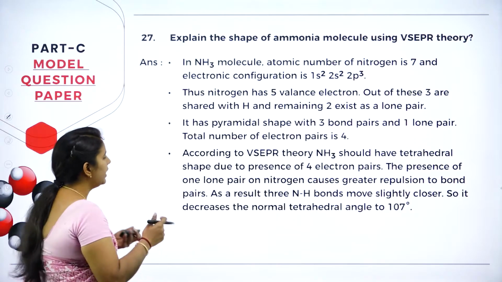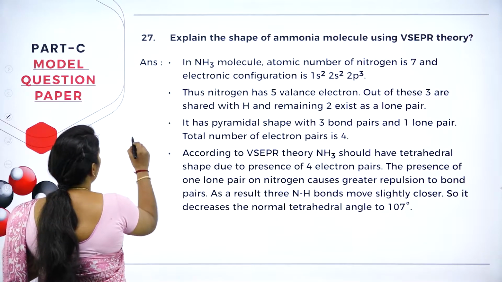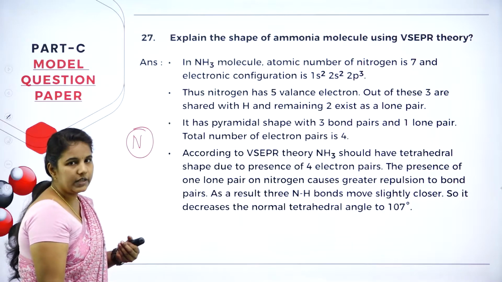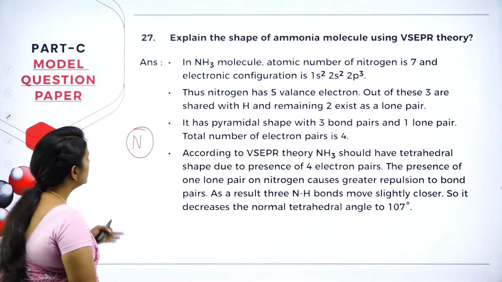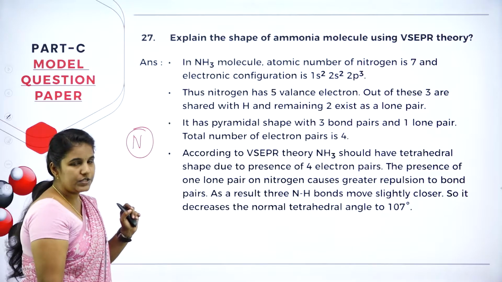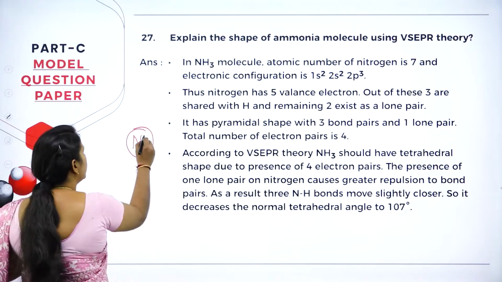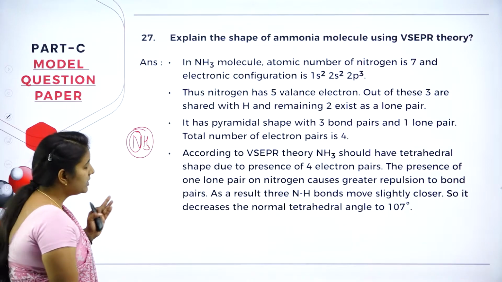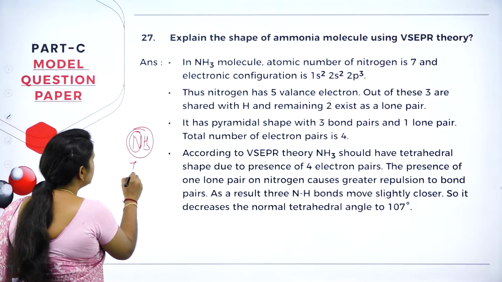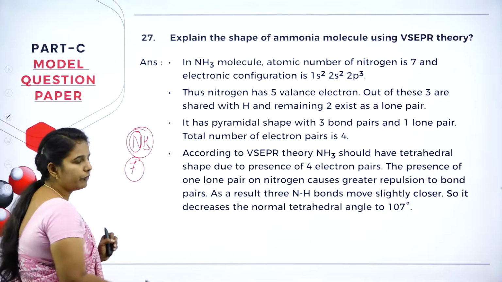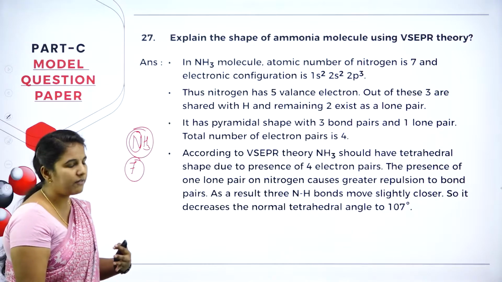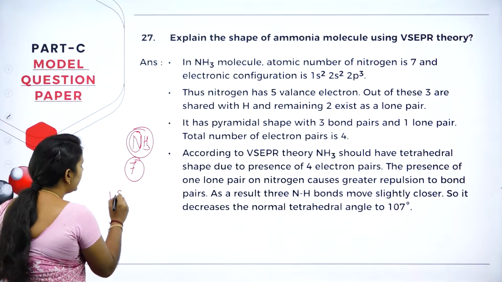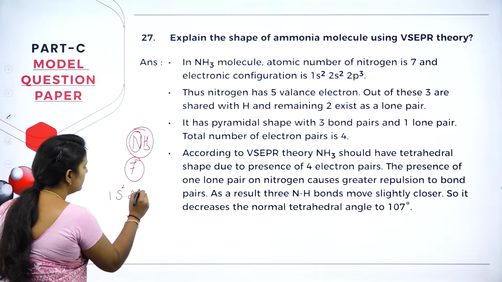So we all know that ammonia consists of nitrogen, right? So ammonia has a nitrogen with 3 hydrogens, as we know. Nitrogen is the central atom, which has the atomic number 7. So what is the atomic number of nitrogen in ammonia? It is 7. And the electronic configuration is 1s2, 2s2,